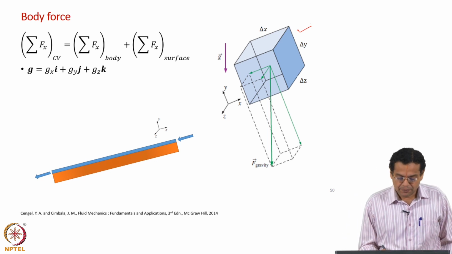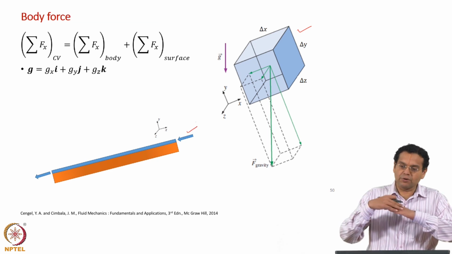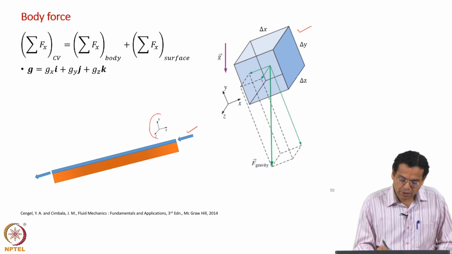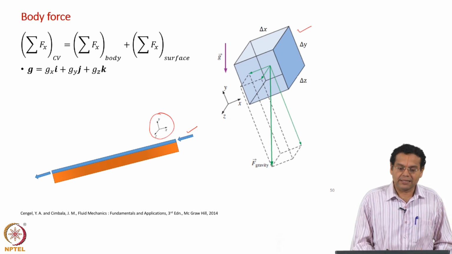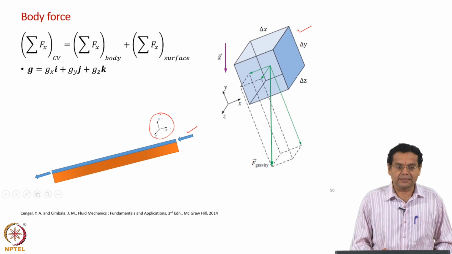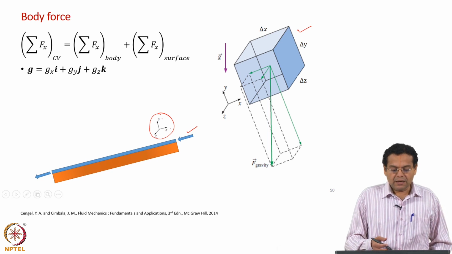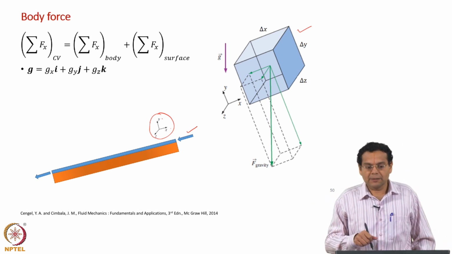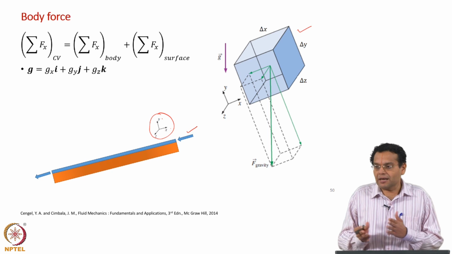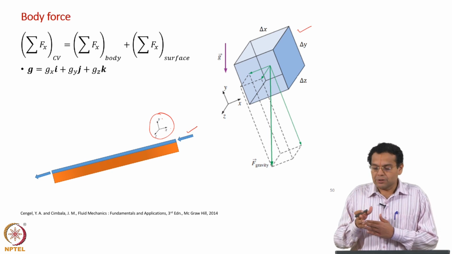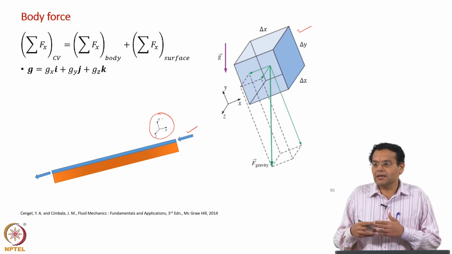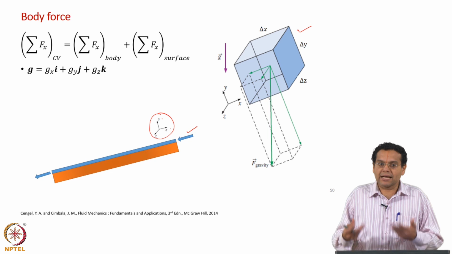Now, what is the application? For example, you have an inclined plate which is shown here, and then let us say water flows along that. In this case, it will be convenient for me to take a coordinate axis which is aligned along the flow direction. I will take x like this, y like this, z like this, which means that gravity, which always acts vertically downwards, is now not aligned along your usual x y z axis, which means that you can have components of gravity along your chosen x y z axis.